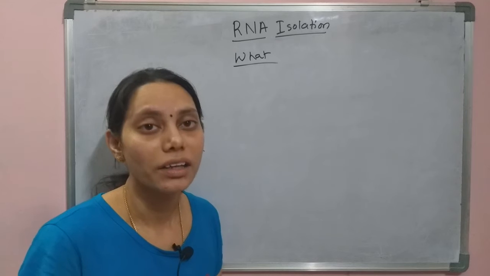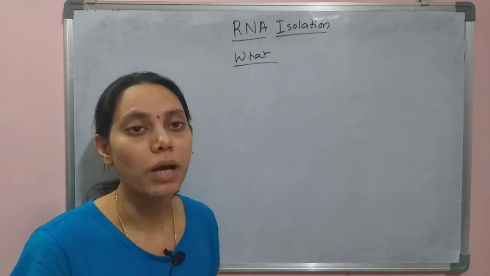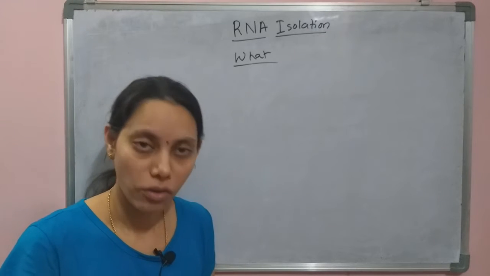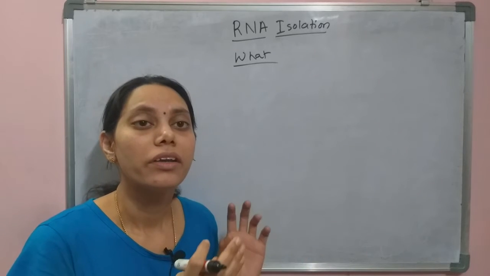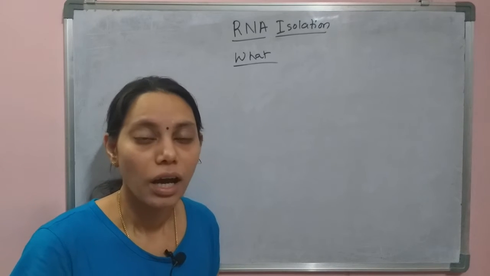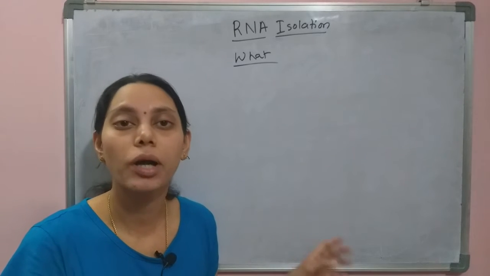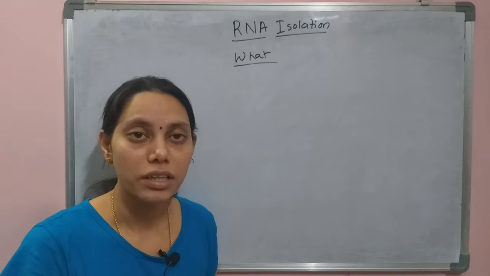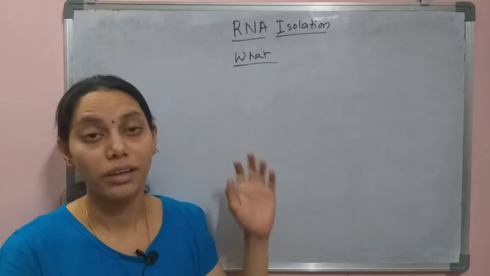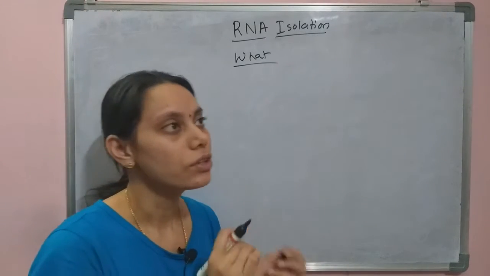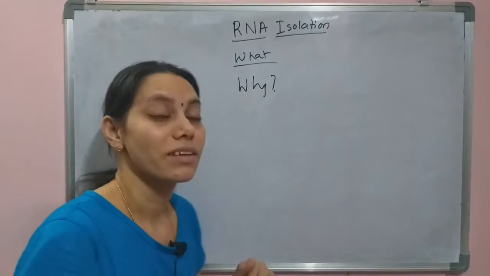So basically, RNA isolation is the method of isolation or purification of RNA from the biological sample. Take for example a plant or an animal, any biological sample that is treated with some solvents or other kinds of methods can be employed for the isolation of the RNA from the rest of the biomolecules, leaving DNAs, proteins, lipids all behind. If you are able to purify the RNA, that is going to be our RNA isolation or RNA extraction.